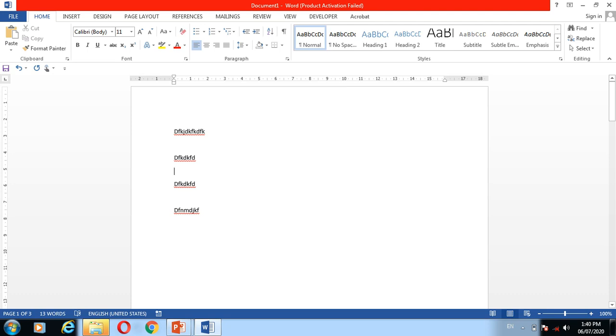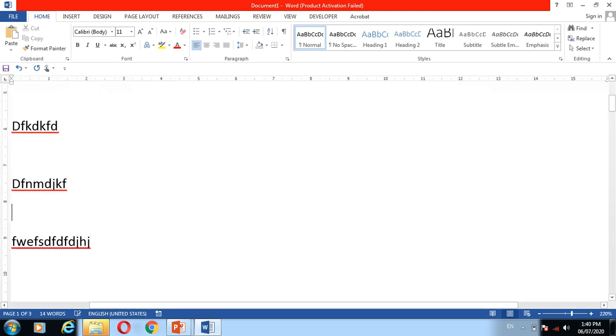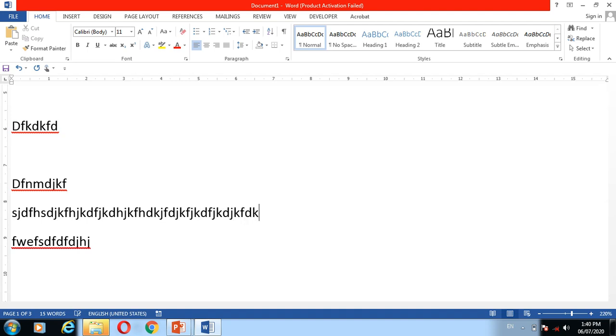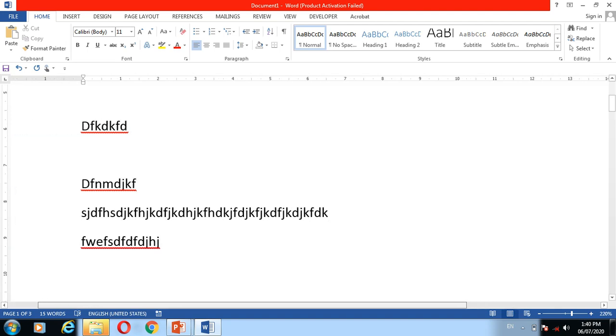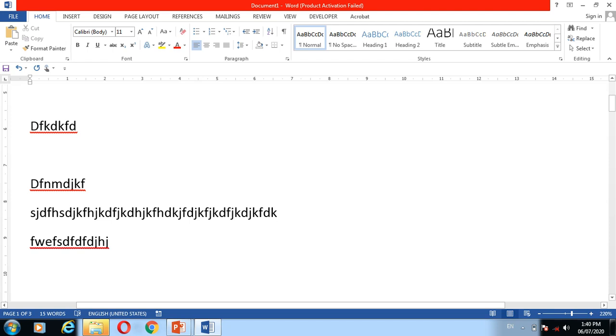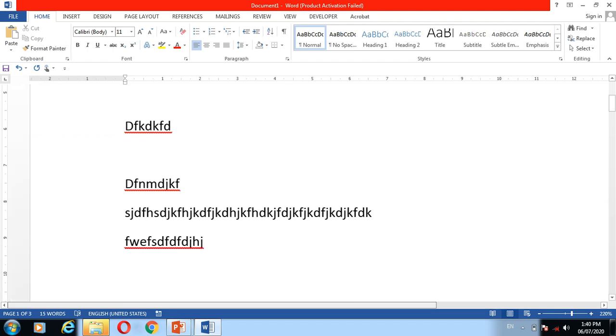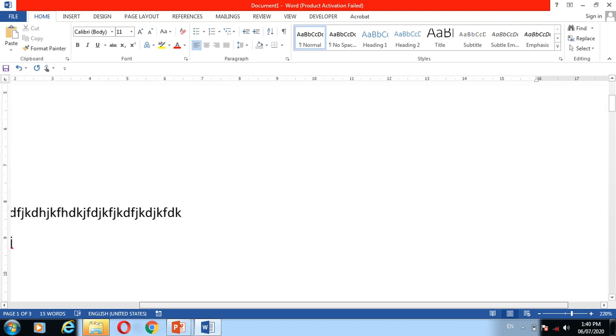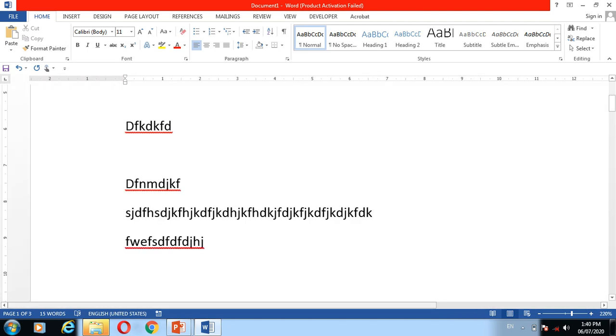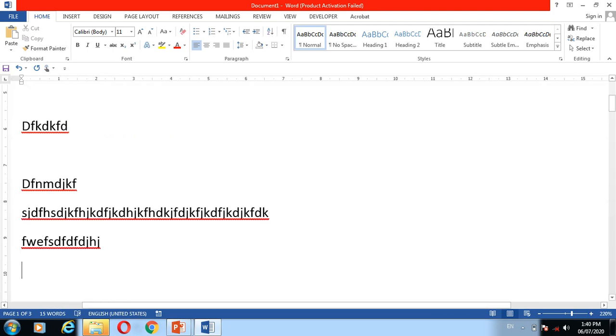And here at the bottom side is the horizontal scroll bar. Have you seen this scroll bar? This is called the horizontal scroll bar. So these 2 scroll bars are used to move the page vertically and horizontally.